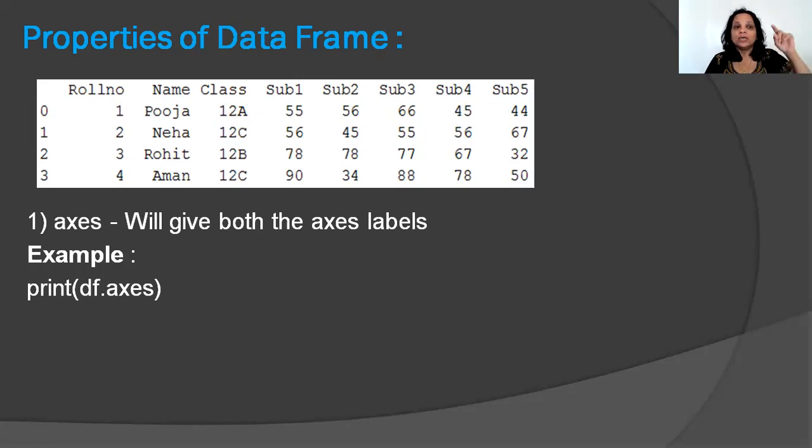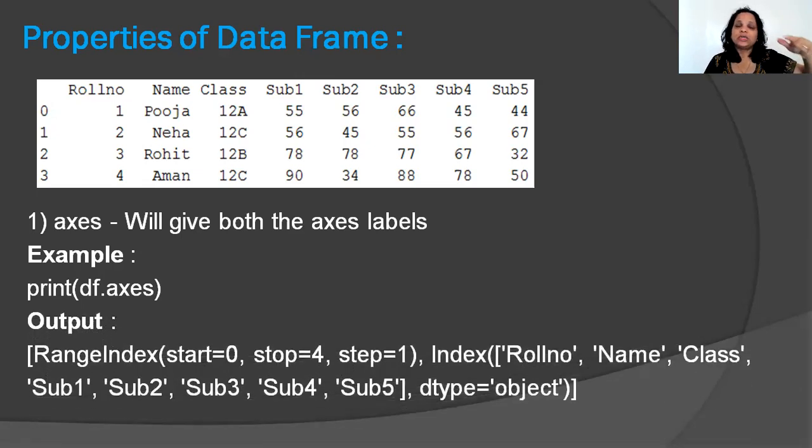Now, in this scenario, since we did not give any index labels, that is row labels, it uses a function called range index. You remember the function called range? Similar to that. It says start is equal to 0. Yes, your first row label is 0. Where did it end? At 3. It says stop is equal to 4. So we know when we looked at the range function also, when we were doing for loop, that when you say stop at 4, it doesn't stop at 4, it always stops before 4.